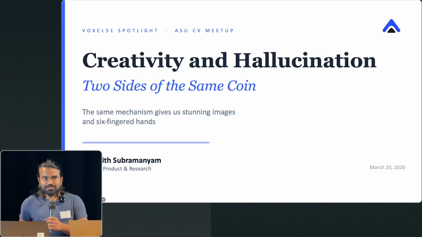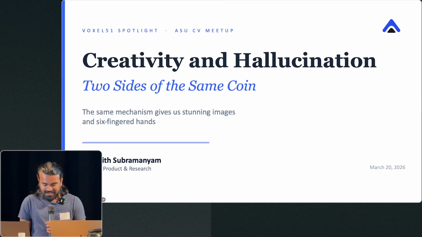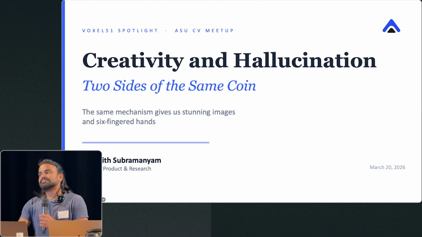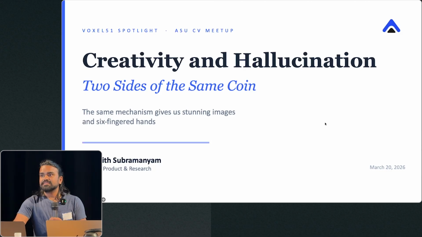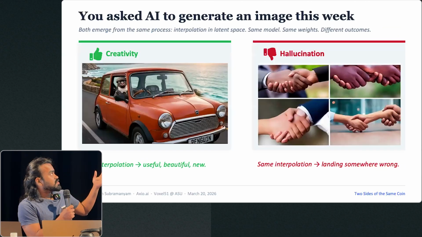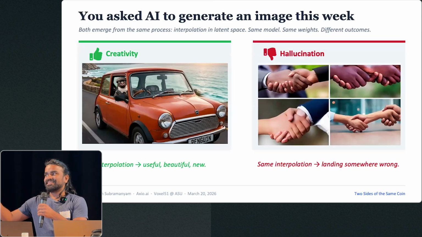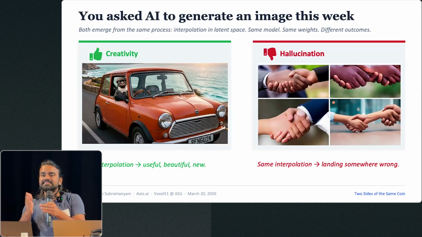Awesome. So this is a very common topic, right? How do we define creativity and hallucination when they're two sides of the same coin? When it works for us, it is creative. When the same outcomes don't work, it's hallucination. The same models can generate penguins driving a car, and the same models can generate a handshake. So how does this vary?